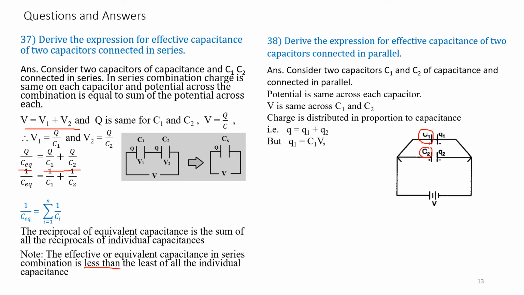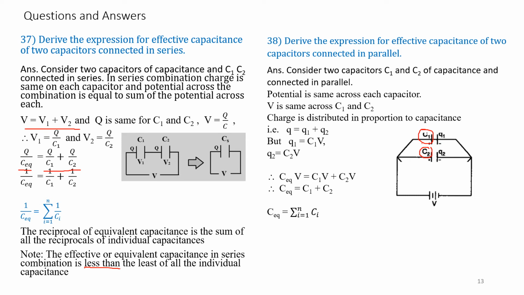Therefore, Q1 is equal to C1V and Q2 is equal to C2V. Therefore, CV is equal to C1V plus C2V. That is, Q is CV. Here, Q is CV and Q1 is C1V and Q2 is C2V. Therefore, V gets cancelled here and C equivalent is equal to C1 plus C2. This is the equation for